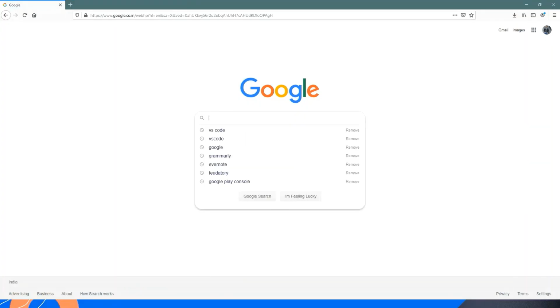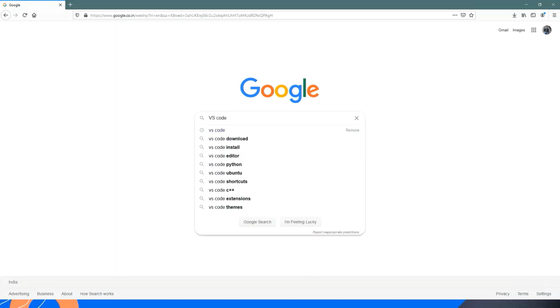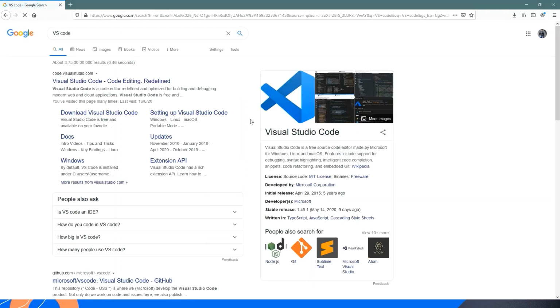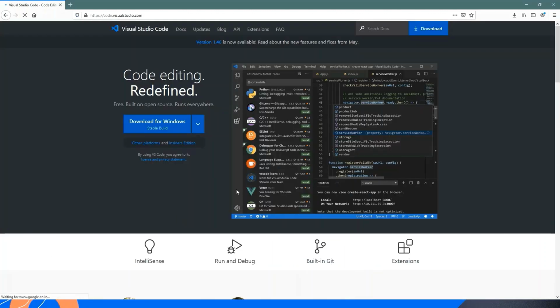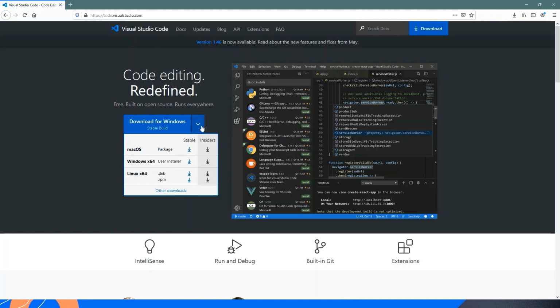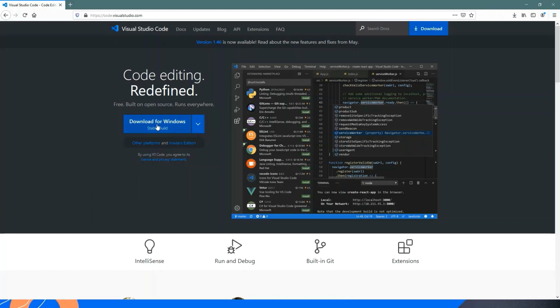Okay, now to download the installer file, we'll open our browser and search for VS Code here. This is the result. We'll go to this first link, and this is the official site from where we can download the installer file. By this option, we can choose for which platform we have to download the installer file, either for macOS, Windows 64-bit, or Linux 64-bit. Else, we can choose this option, download for Windows, because this will automatically detect the system configuration and download the installer file accordingly. So let's click on this one